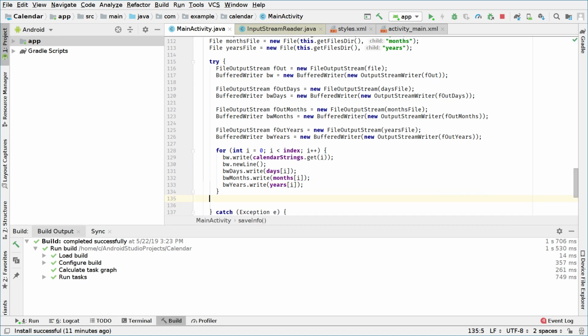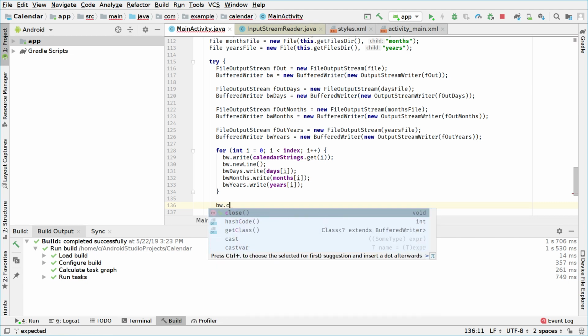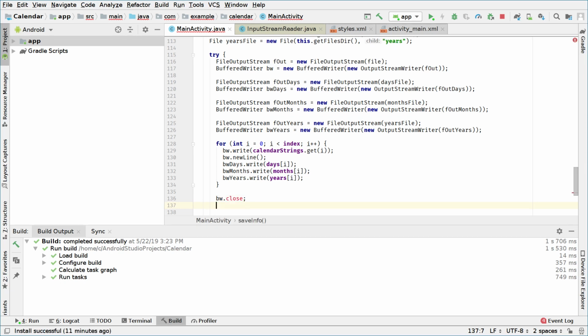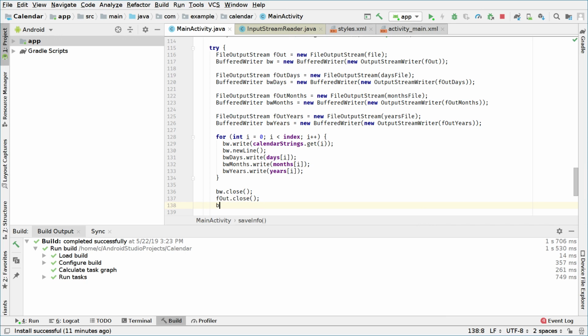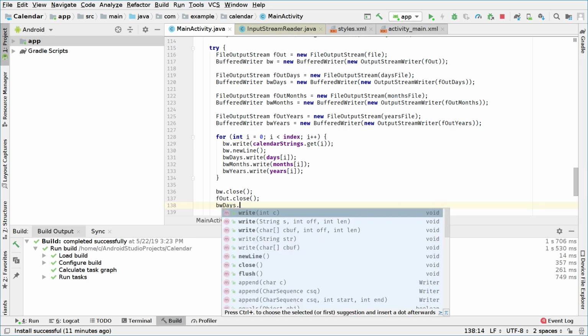Now, after the for loop, we have to close all of the objects. So here, when the for loop ends, we have written everything we need. So we have to close all of the objects we previously opened. So I'm gonna say bw.close, and oops, so this is a method. So bw.close, we're gonna say fout.close. We're gonna say bw days.close,